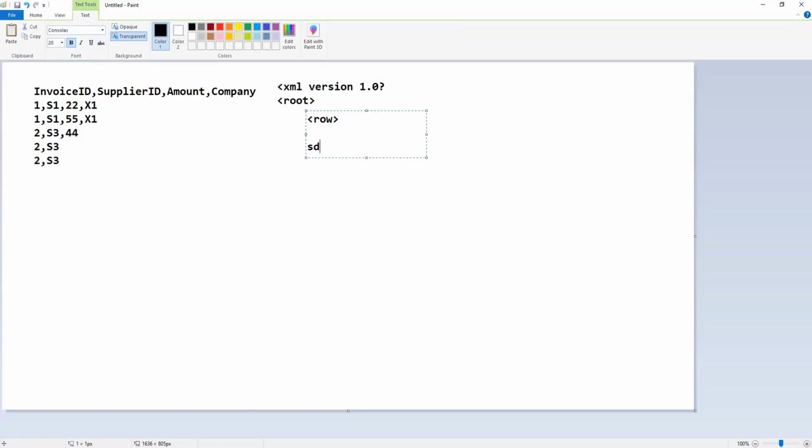And in the row you will have multiple fields, say invoice ID, then supplier, and then amount, and then it will end.